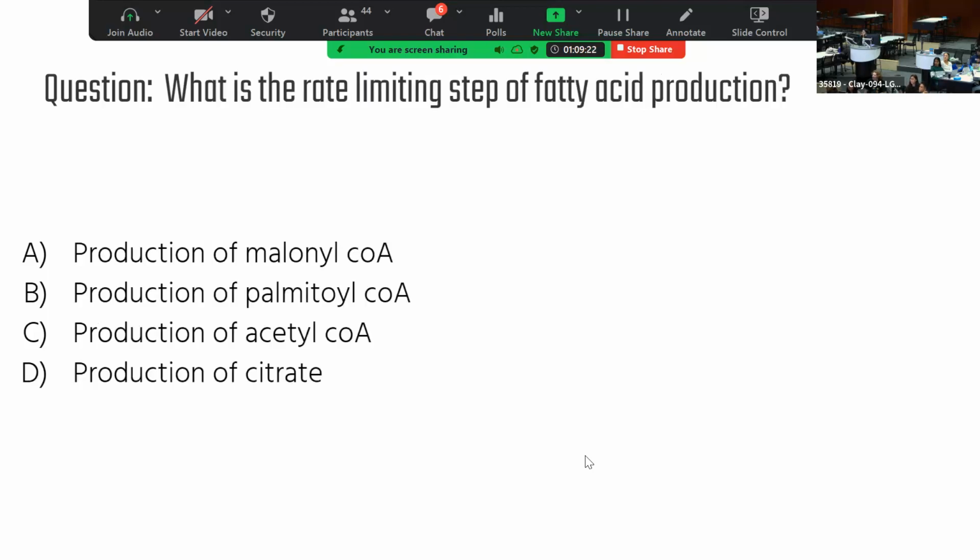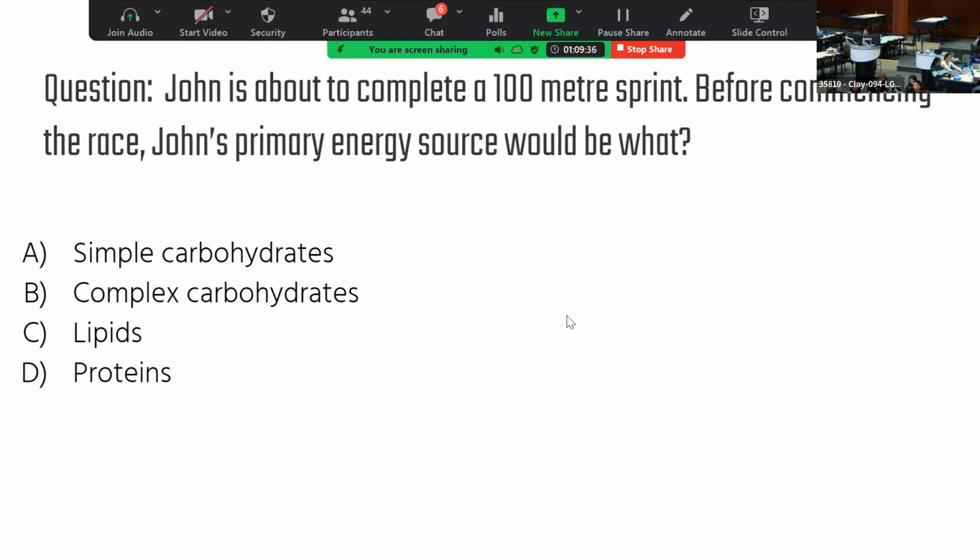This one is a very high yield question. It comes up quite a lot. So what is a rate limiting step of fatty acid production? Yes, A. I love that. Everyone knows that there. So that's something that gets tested a lot. Malonyl CoA, the rate limiting step. Easy. And then this is your